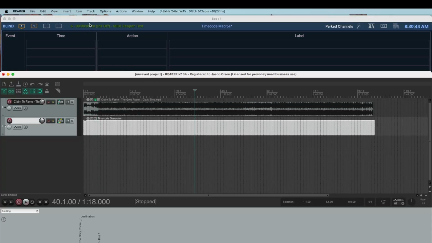You'll see this jump ahead as well. And there we have it. So you can see that it tracks along just fine. And there you go. That's how simple it is to set up a loopback interface on a Mac using Reaper